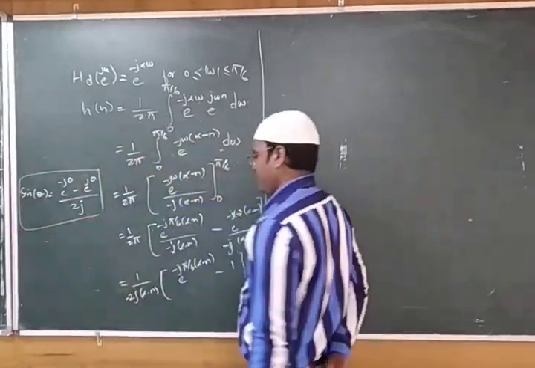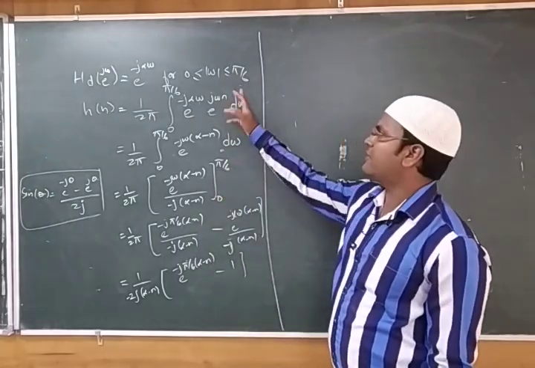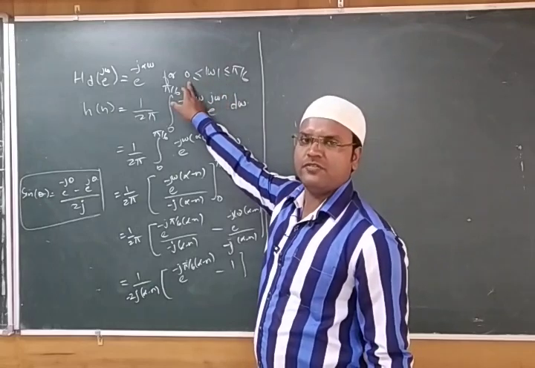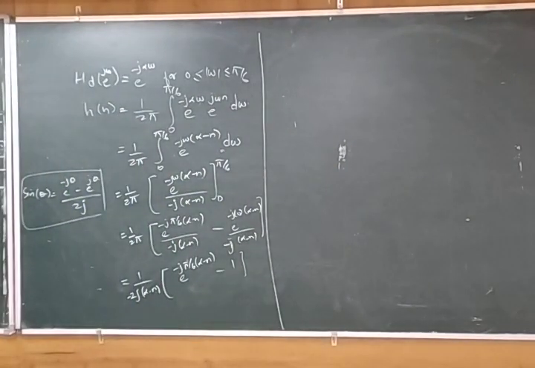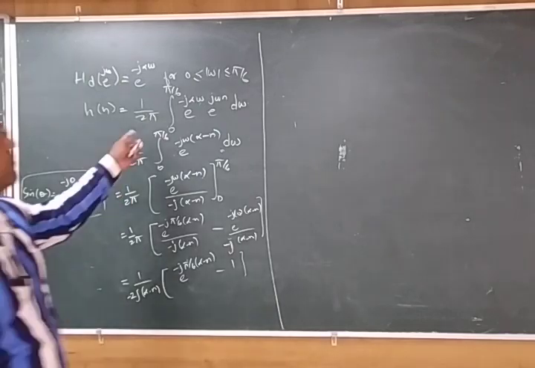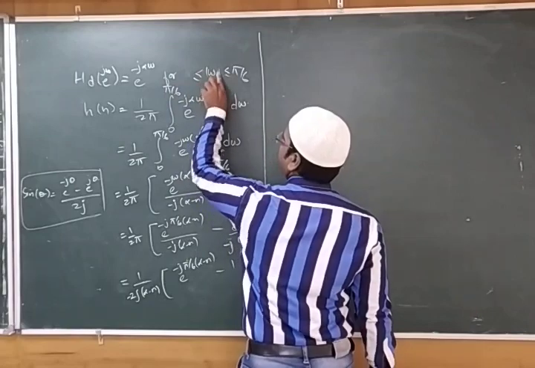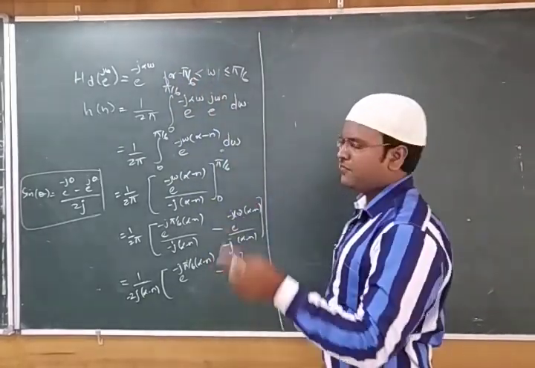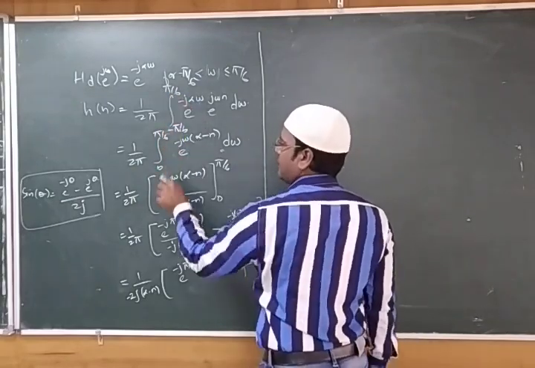So I have to get pi by 6 there. How do I get pi by 6? If I integrate with the modulus, instead of taking 0, if I take minus pi by 6 to pi by 6, I can get that particular function. So I am taking two sided. This is what one sided is, right? So one more thing you can do: you can find two sided, or you can change the limits. Since you can remove the mod, you can write minus pi by 6 over here, because mod means positive and negative. I found it for one sided. If I want to go for two sided, then I go for minus pi by 6 to pi by 6.